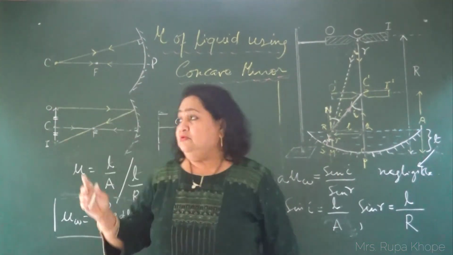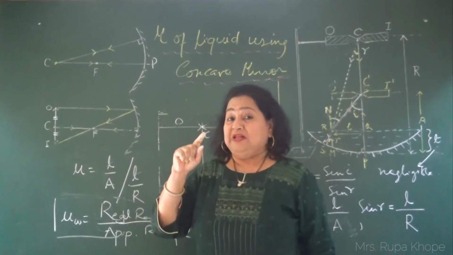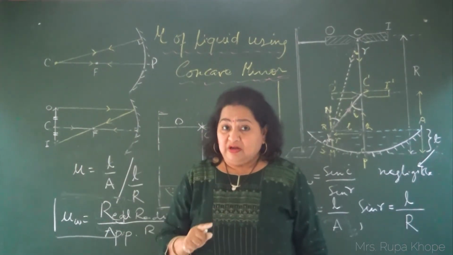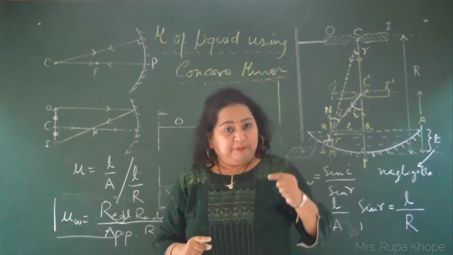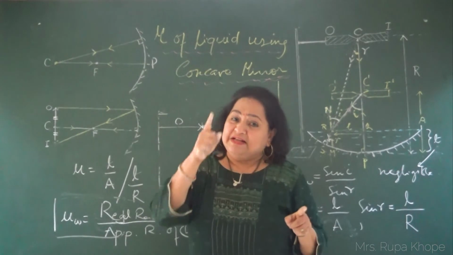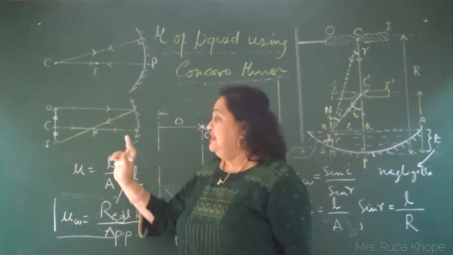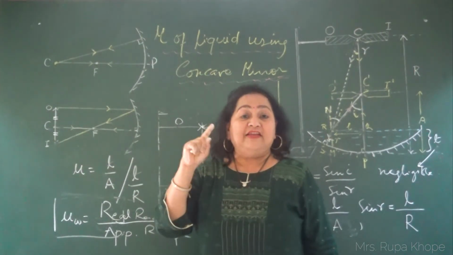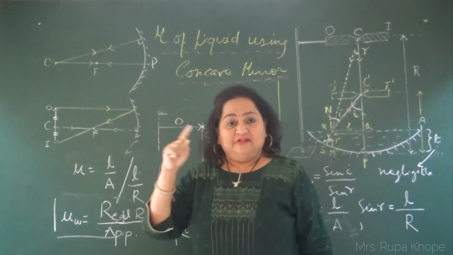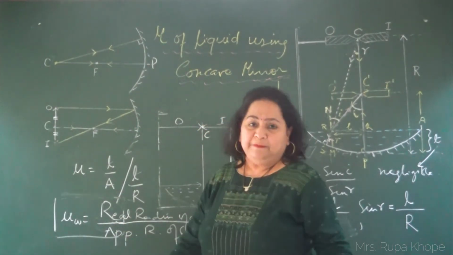And secondly, you must know this concept, the ray diagram. Where has the image to be found? If you keep the object pin at the center of curvature, the image also will be found at the center of curvature. So the whole concept behind this is this knowledge of where the image is formed. This knowledge you have done. And that's the way we have to find out the reading.